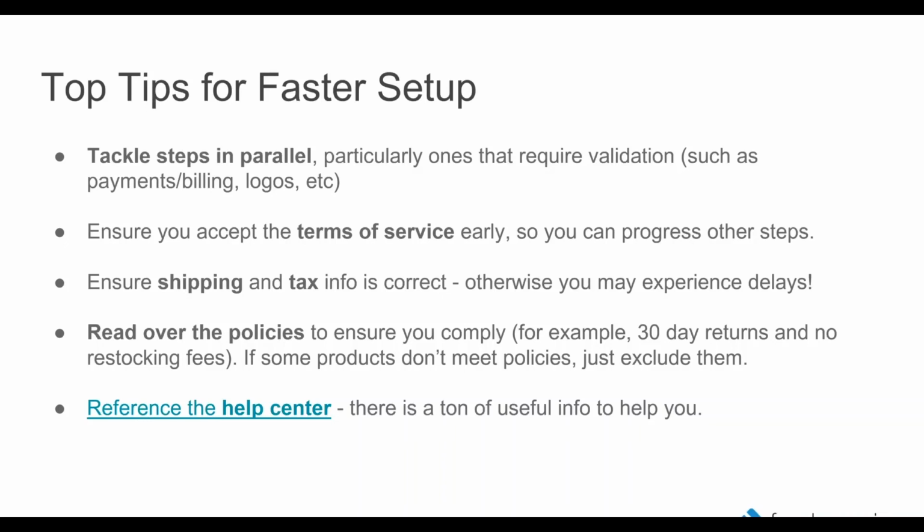Some examples are ensuring that you can actually do 30-day returns and that you don't have restocking fees for products that you have live. Don't worry if not all products meet these criteria, because you might have a product that weighs 200 pounds and there's no way that you're going to be offering 30-day returns or no restocking fees for that product. If that's the case, you can actually exclude certain products from your actual feed, and this is something we